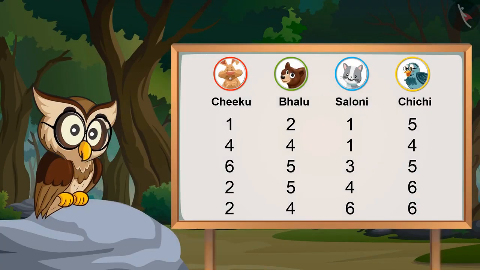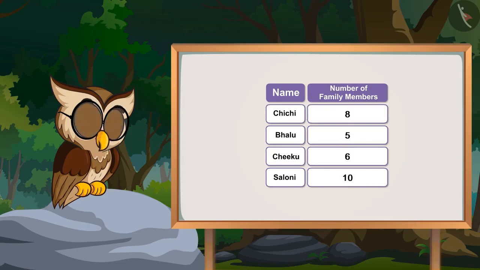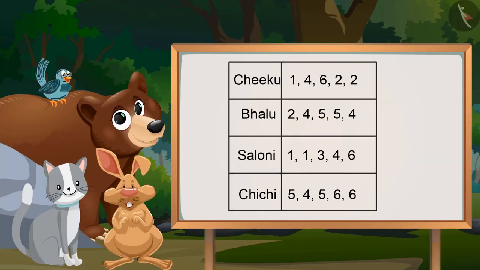Yes, of course. See, if I want to know how many members are there in your family, I can make a list by asking you all the number of members present in each one of your family. For example, look at this list. By looking at this list, we can easily find out whose family has the most members and whose family has the least. But if we closely look at this data, can you tell which number hit the dice most of the times?